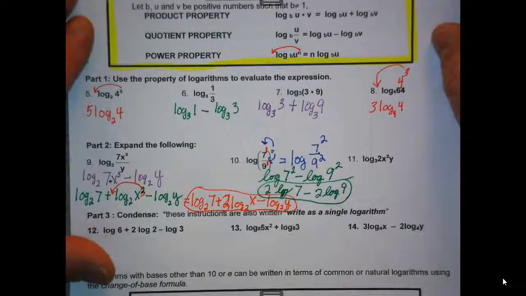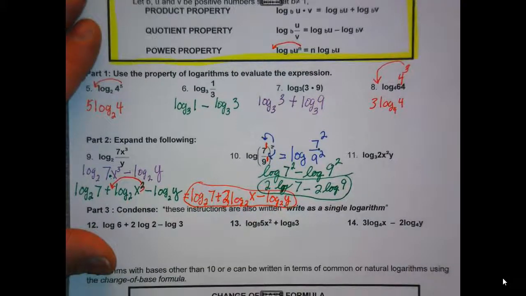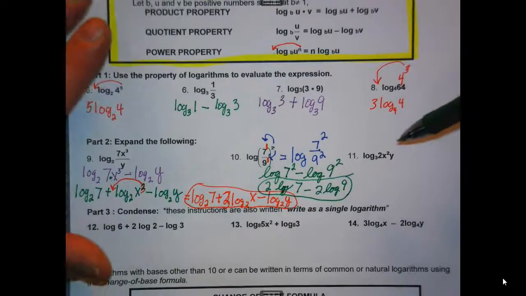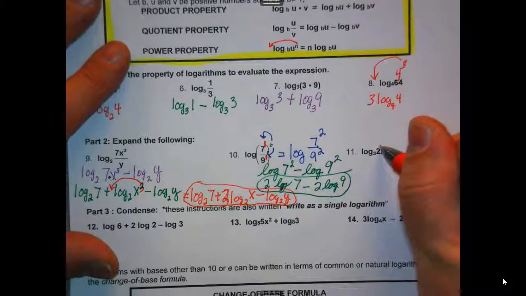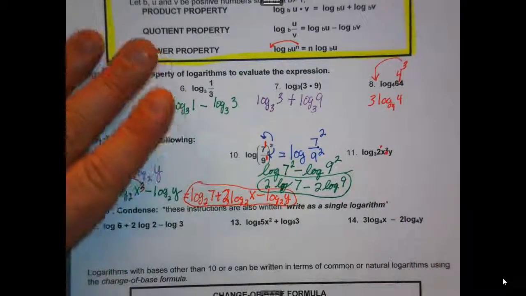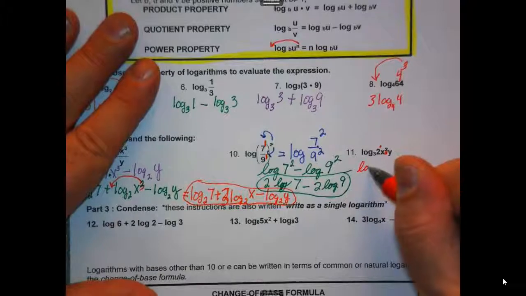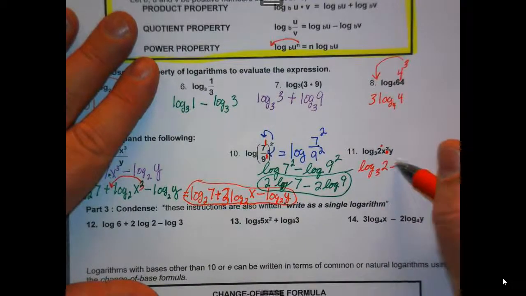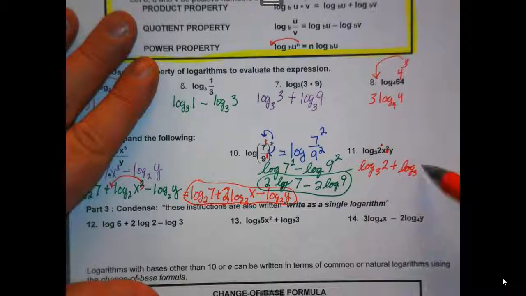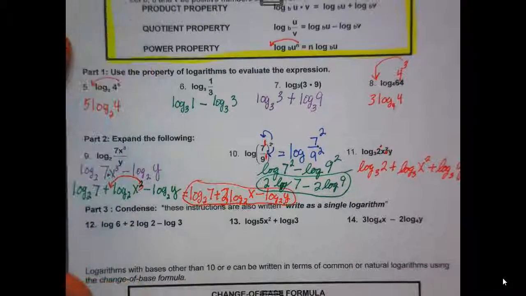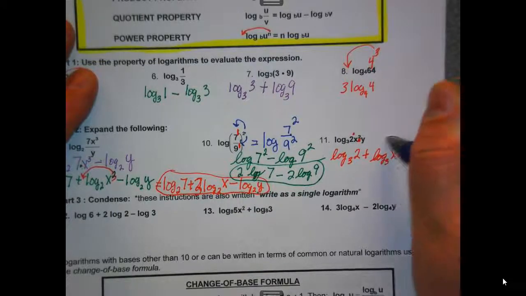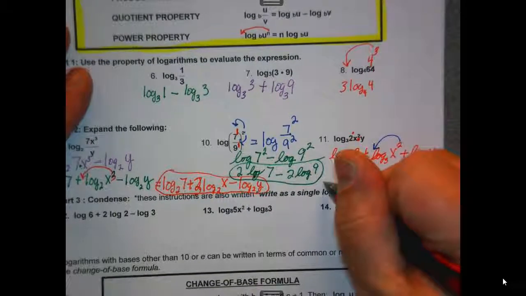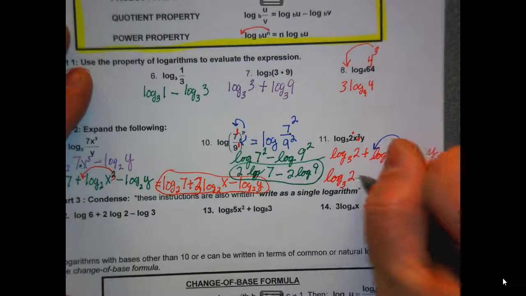All right, 11. Okay, what do I have here? What mathematical operation do I have between the 2x and y? Very good. Okay, so there's multiplication here and there's multiplication here. So I'm going to use my product property first. Log base 3 of 2 plus log base 3 of x squared plus log base 3 of y. Any other properties I can apply here? Power property, I can bring the 2 out in front. So my final answer, log base 3 of 2 plus